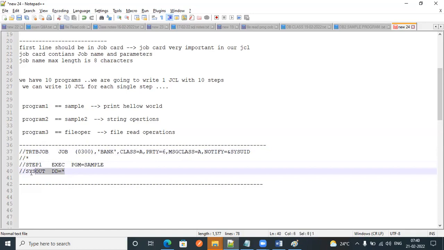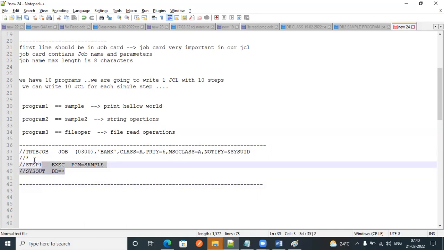If you want to see logs or output details in our console, we use SYSOUT, system output. Okay, this is how we can write it for the first program.